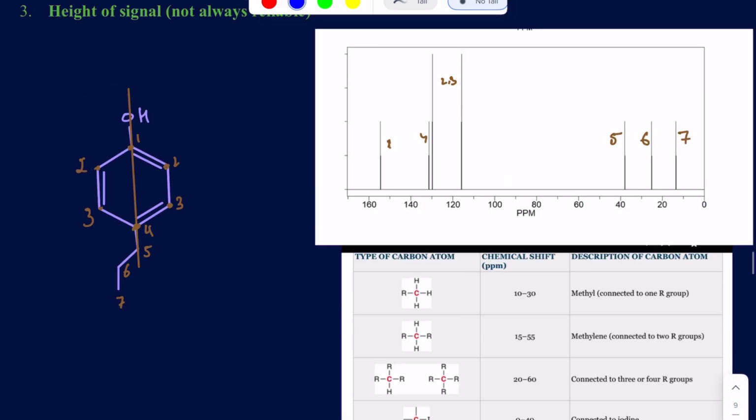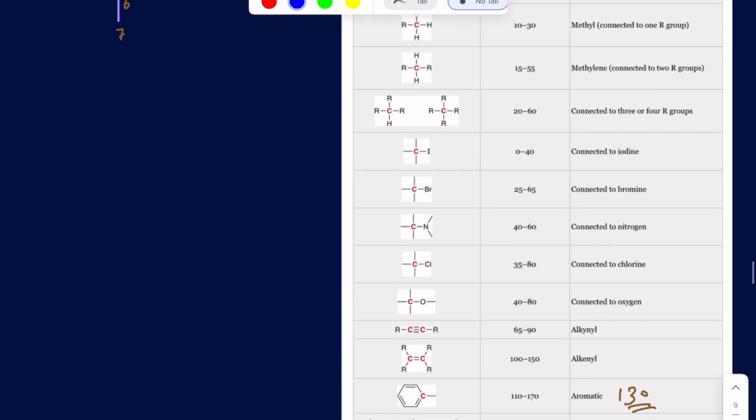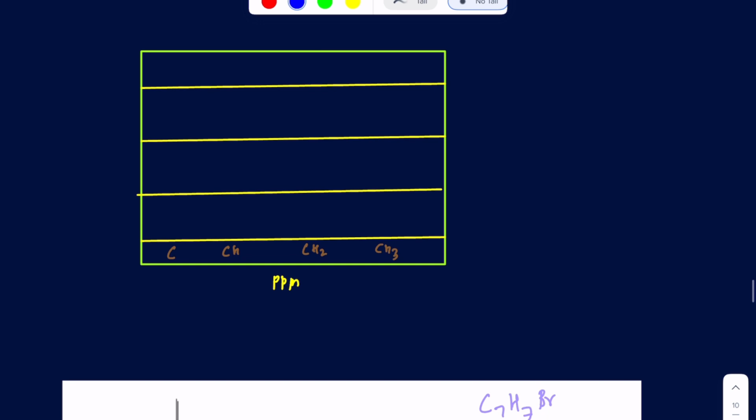Let's look at the DEPT actually. So you have a regular carbon-13 NMR that's proton decoupled, and then you have a DEPT 45, 90, and 135. So you can get some information from the DEPT NMR about whether you have the CH2s, CH, a carbon by itself, or a CH3. So a typical NMR, as an example, whether it's a carbon by itself, a CH, a CH2, or a CH3,